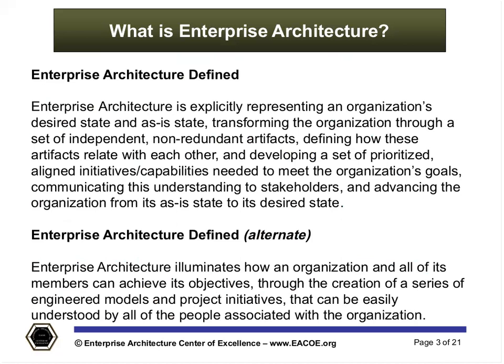Explicit representations. What we're talking about here is a series of representations about architecture. What we tell people is that you have an enterprise architecture. The problem is it is usually implicit. It's in the minds of all the people in the organization, or some of the minds of the people in the organization. Or what's worse possibly is a person has multiple suggestions of what an enterprise architecture is. So what we say to people is that enterprise architecture is making the implicit explicit so that we can recognize what that is.